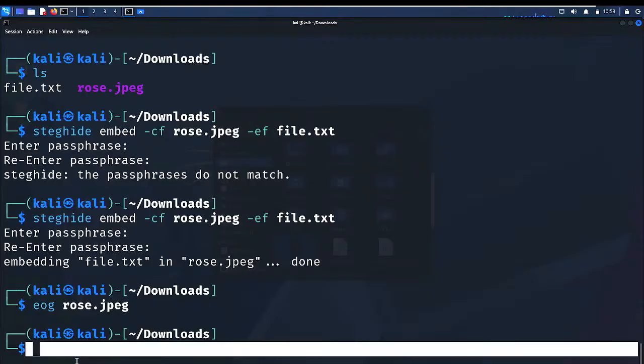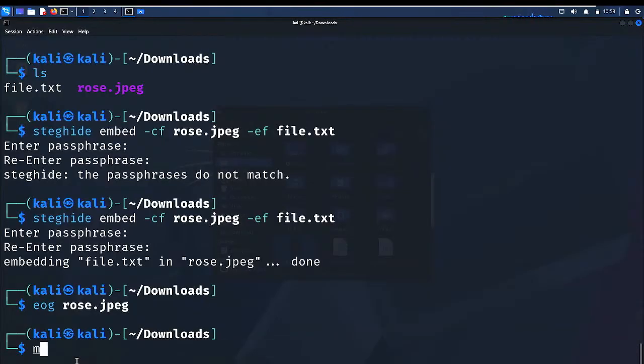To move a file from a directory to another directory, the command is mv. mv is used to rename a file or move a file altogether. So I'm moving it. I'll do mv, the file name, which is rose, the picture, then the directory I'm sending it to. Let's move it to pictures.